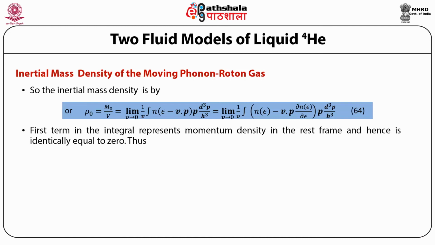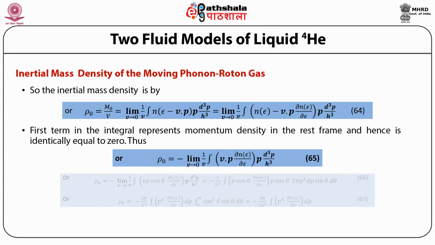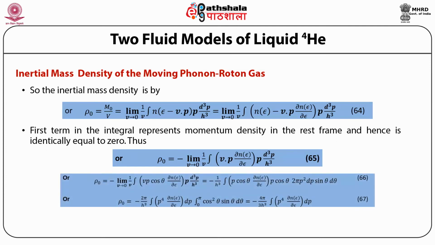First term in the integral represents momentum density in the rest frame and hence is identically equal to 0. Thus, rho naught is equal to minus limit v approaching 0 of 1 upon v integral over v dot p partial derivative of n(epsilon) with respect to epsilon p d cube p upon h cube, or rho naught is equal to minus limit v approaching 0 of 1 upon v integral of vp cos theta partial derivative of n(epsilon) with respect to epsilon p d cube p upon h cube is equal to